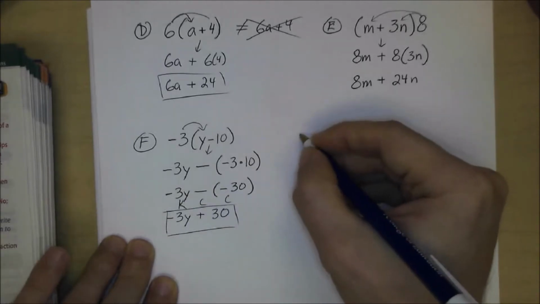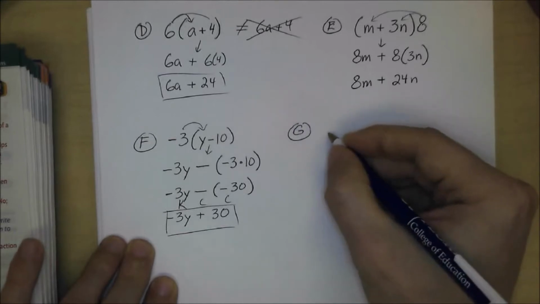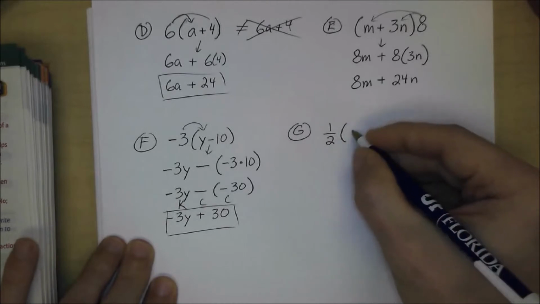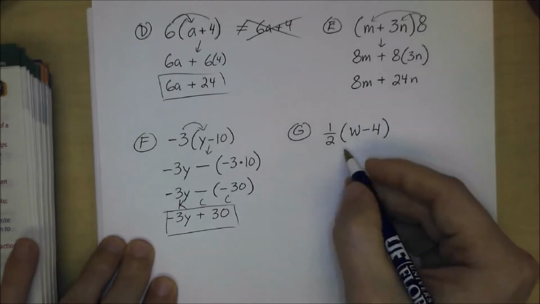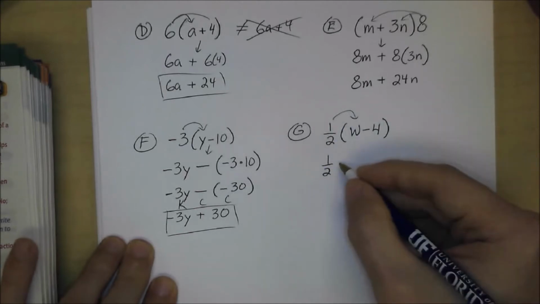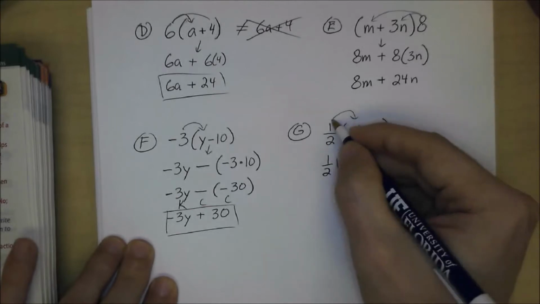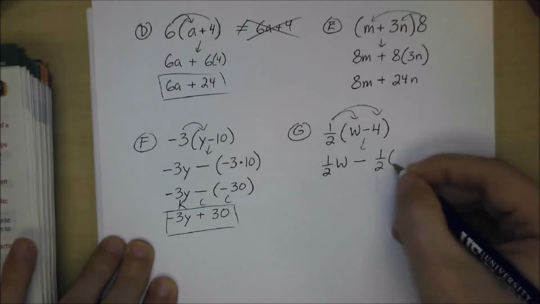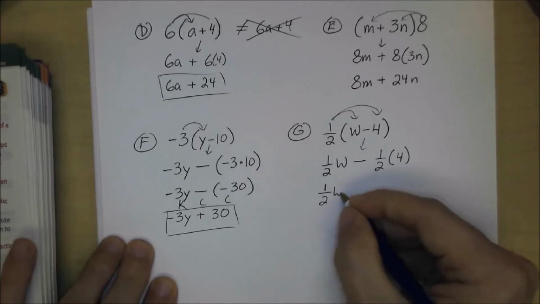Let's take a look at letter G. We've got 1/2 times the quantity W minus 4. So, we've got 1/2 times W minus 1/2 times 4. So we're going to rewrite this as 1/2 W minus